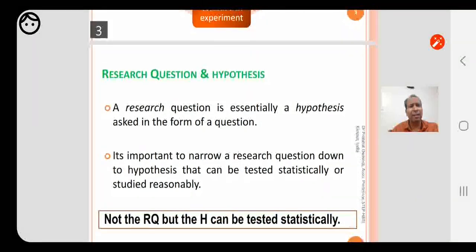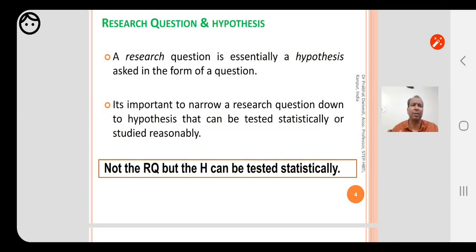Now let's understand how a research question is related to hypothesis, or what are the similarities and differences between these two terms, because earlier also we have studied the statement that there is hypothesis in the form of research question, or a research question is a form of hypothesis.